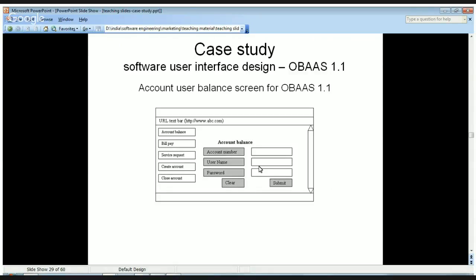And then account balance page should have the account number, username, and password as per the requirement. And there should be submit and clear buttons. So when the user clicks the submit button after putting the account number information and username and password, if they are correct, then user will be displayed the account balance of the user. And on the left, we again have the top level menu, like navigating to other web pages. Okay,